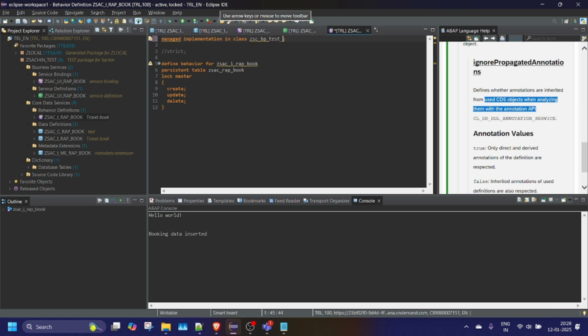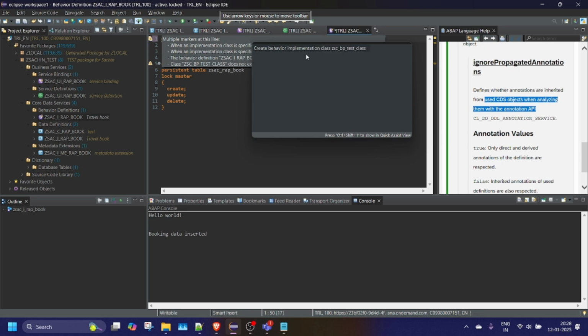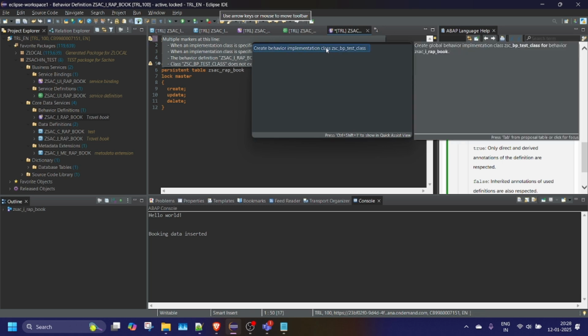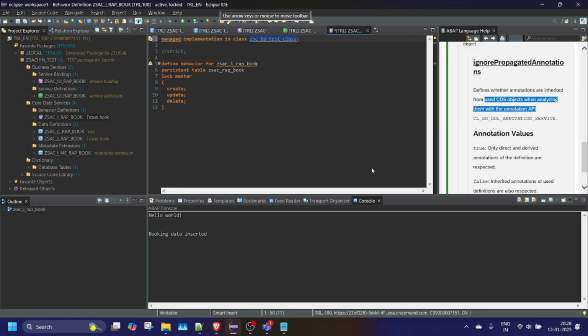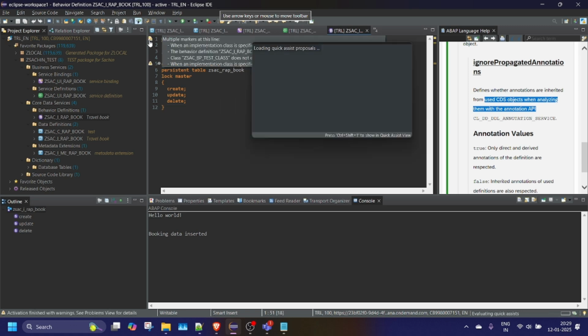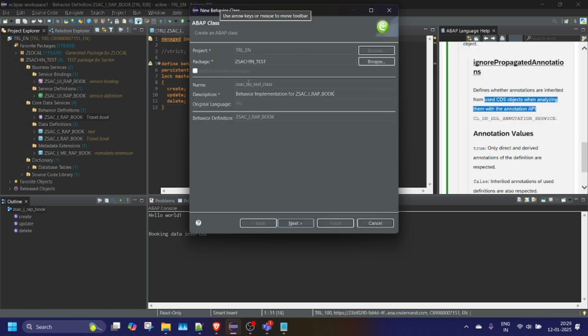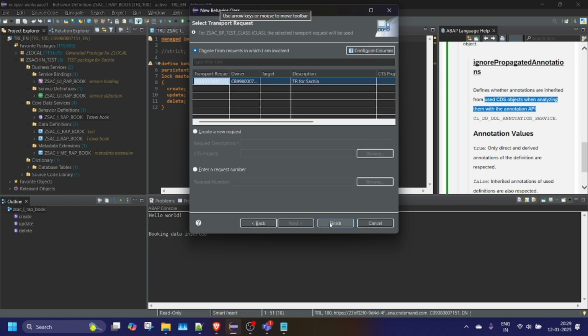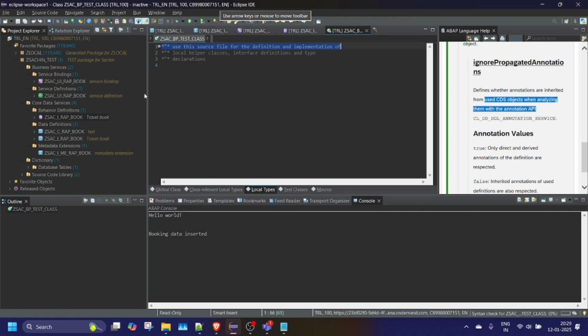like this, and it will give me an option to create a behavior implementation class. As soon as I click on it, first it will ask me to activate it. As soon as I activate it, again click here, it is giving me that now I am able to create a behavior class where I can write logic for everything. Everything means the actions that I can explicitly define,